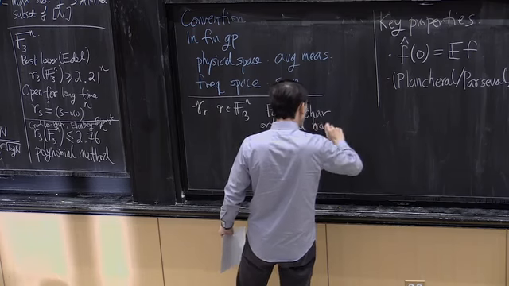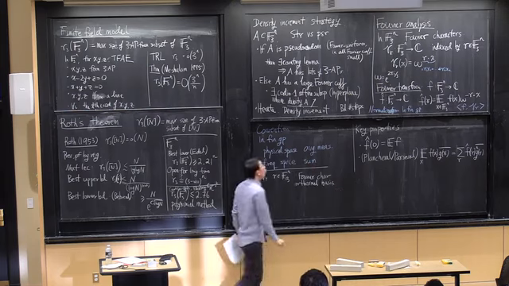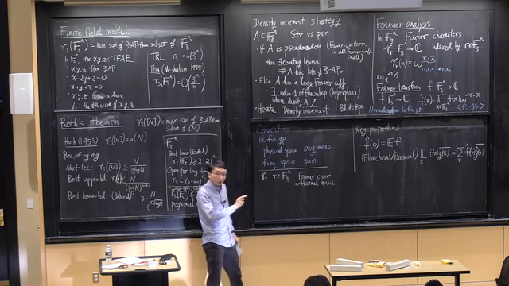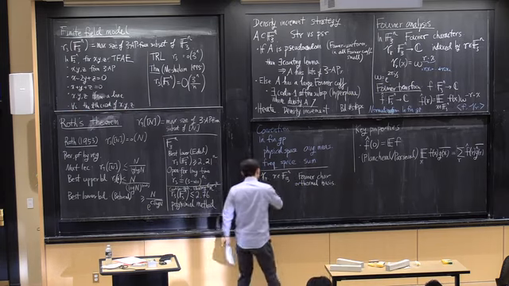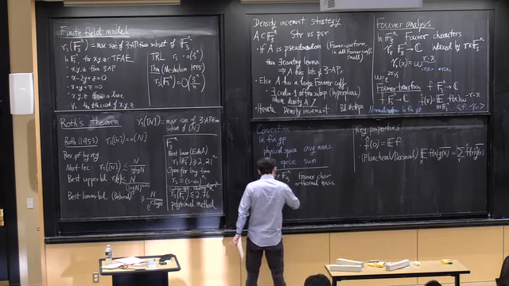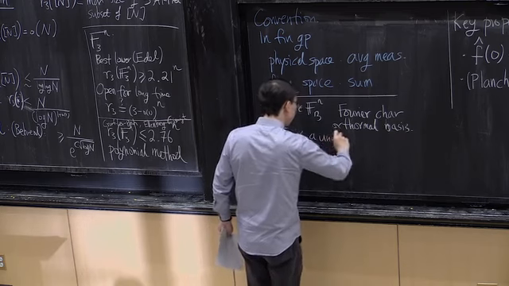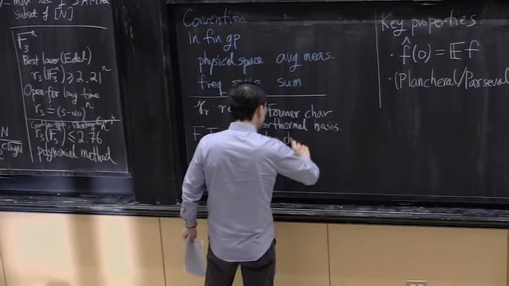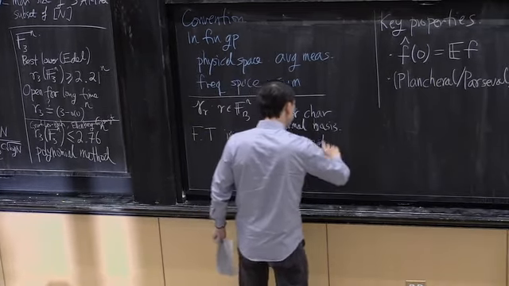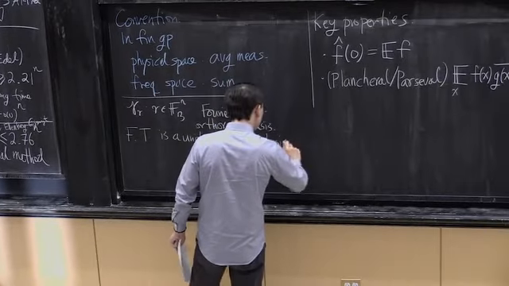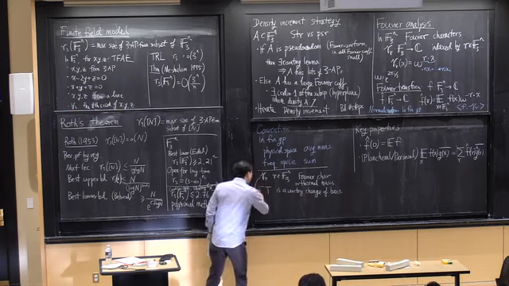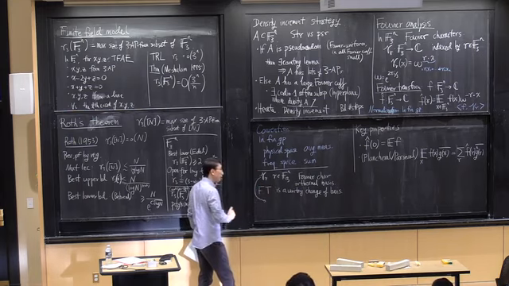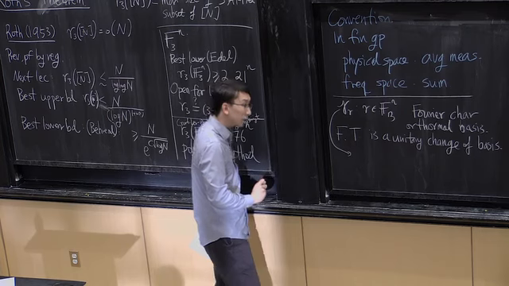As a result, the Fourier transform is a unitary change of basis. You can check, it's very straightforward to check that the Fourier characters indeed form an orthonormal basis